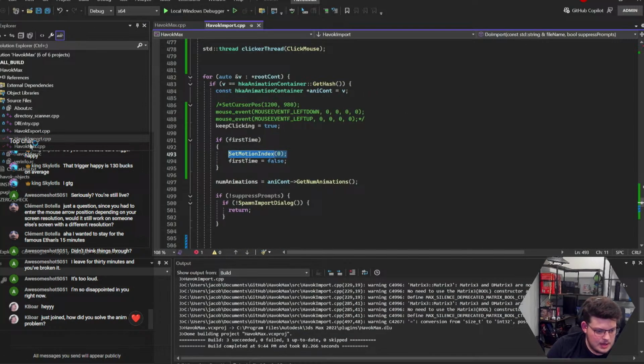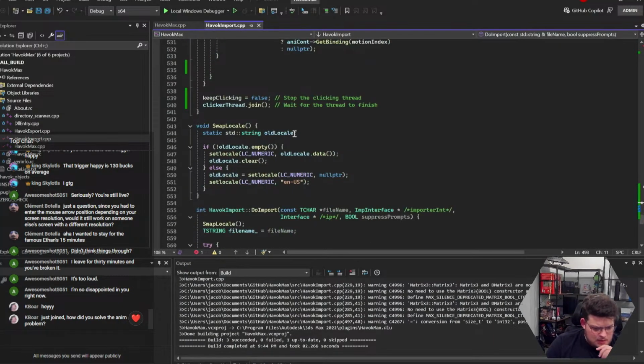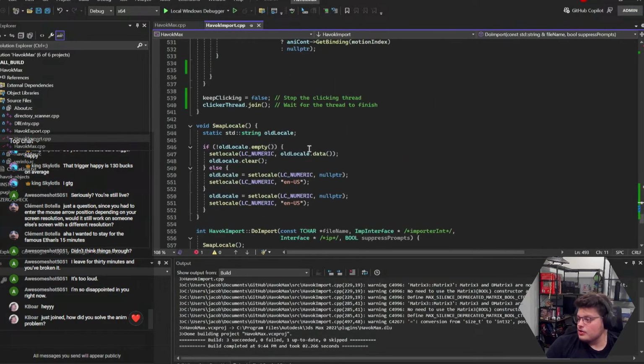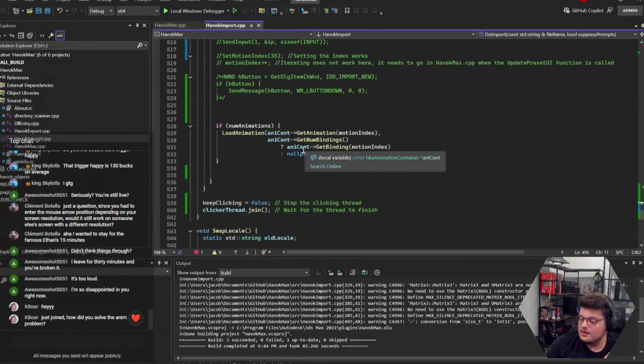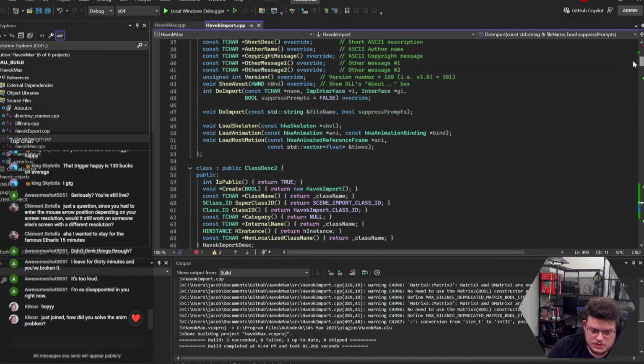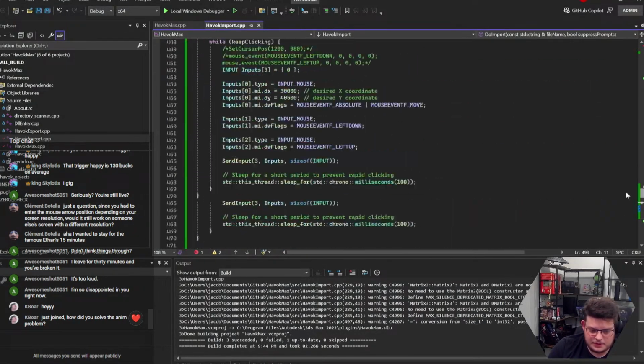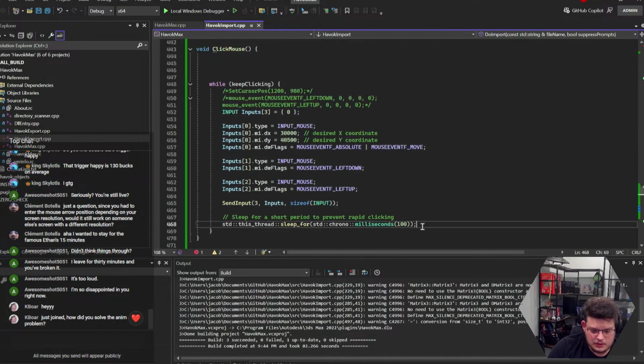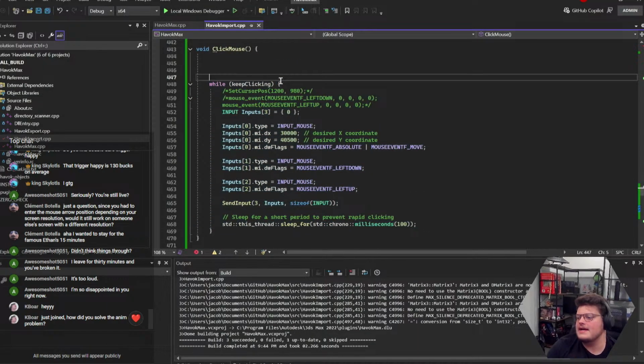Havoc import, no. Havoc max, no. Probably in here. But what you can do is you can actually increment it inside of the plugin instead of doing it in a different place. And then what you'll do from there is you can actually create your own auto clicker. So that's what I did, is I created my own auto clicker because I'm an idiot. So we created an auto clicker that will then click on the dialog box for you. And between those two things of motion index plus automatic dialog box, you can now export every animation, and we